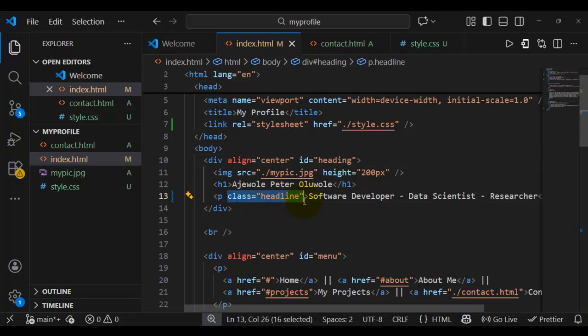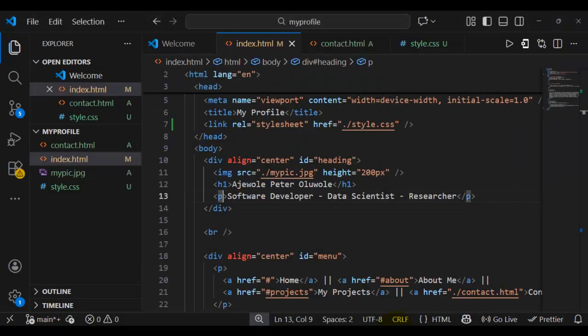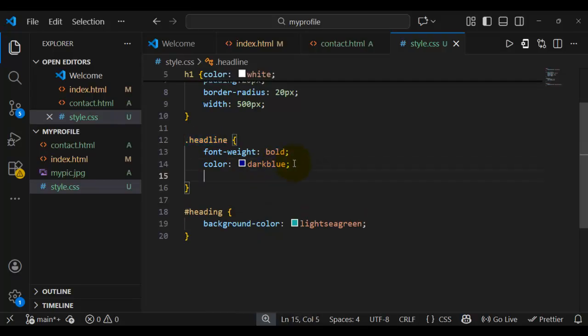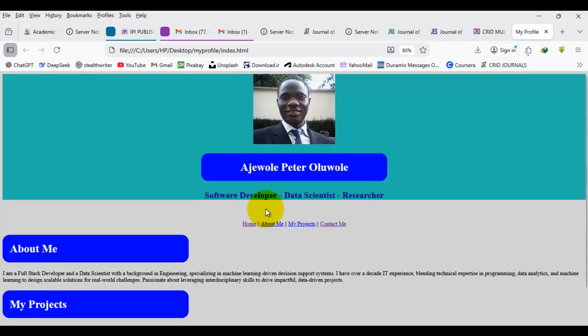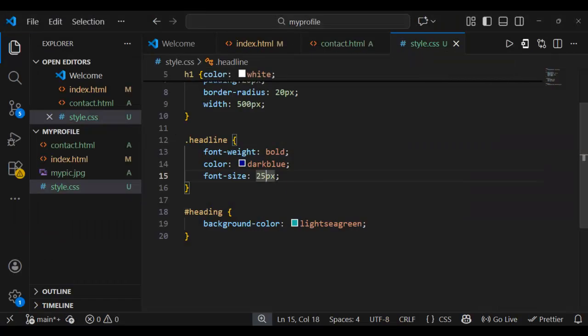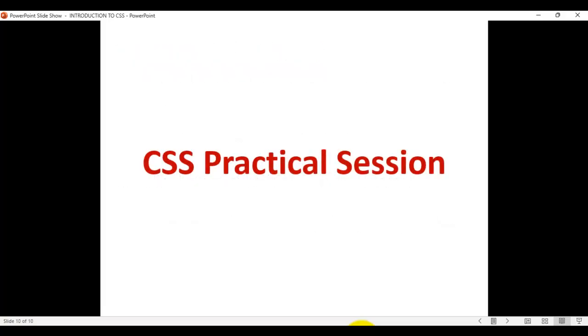So I'm going to remove this for now. Let's see how it affects. Okay, it becomes smaller. Okay, let me retain it, Ctrl Z. Let's go to style and give it font size, maybe 20 pixel or maybe 25 pixel, as the case may be. You have the liberty to do yours. Okay, it makes it bigger there. So that is it. Now, the next thing I'm going to talk about is how to do these things practically